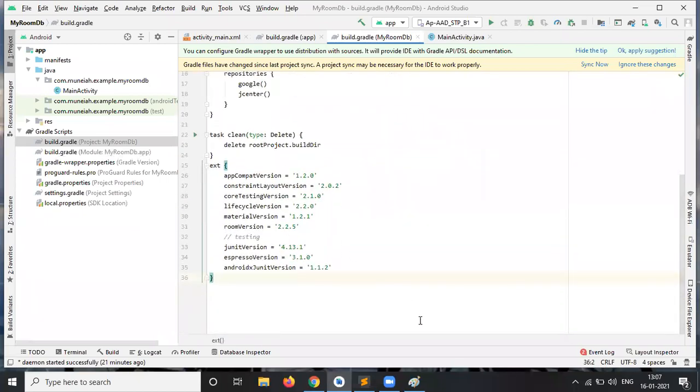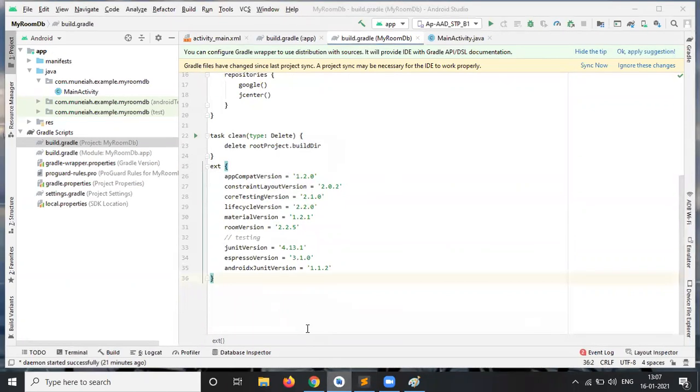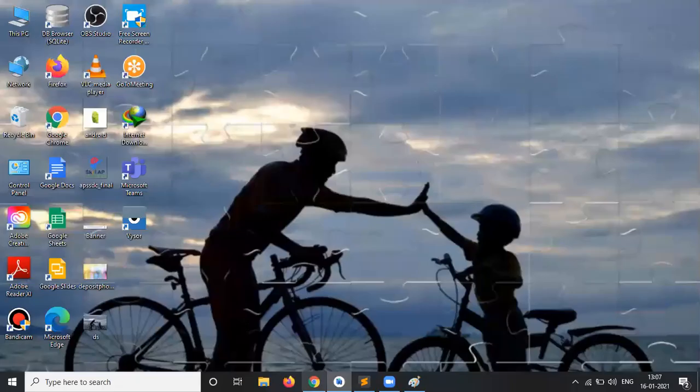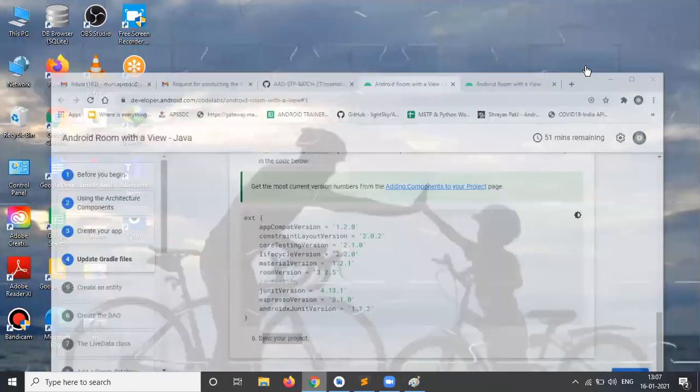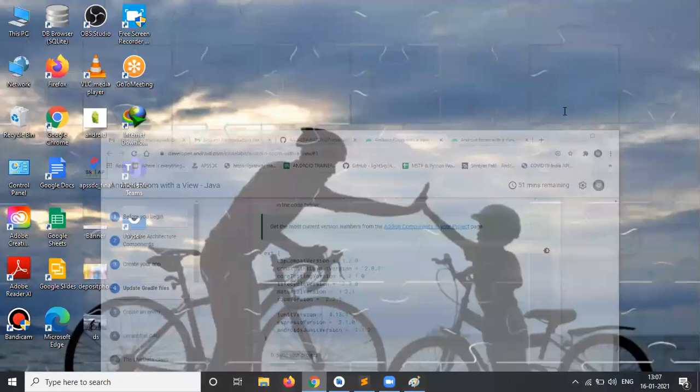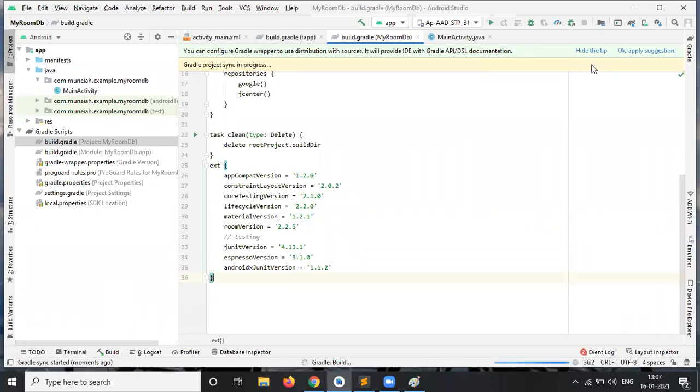Then after that, you just sync your project. In the top right corner we have the Sync Now option. So you just click on the Sync Now option.